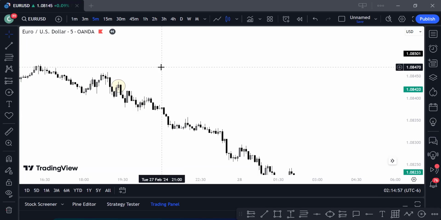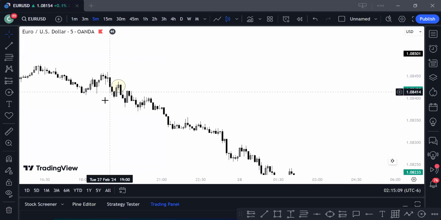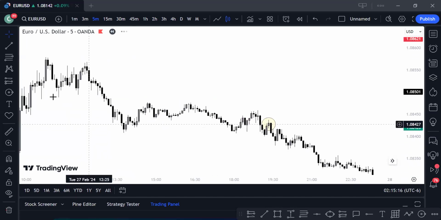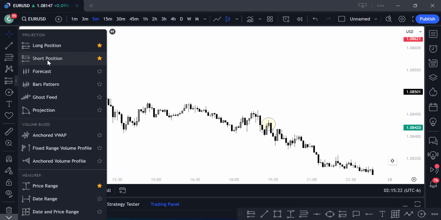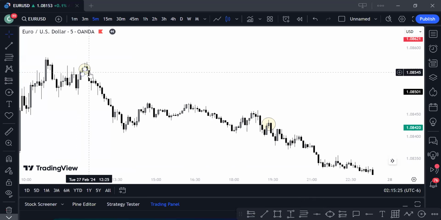Unless price gives me some sort of formation on the 1 minute time frame that I can always see every time, where I know that okay, this is it. But except that, I don't trust the 1 minute time frame. This is another confirmation here. Where's your entry? This will be your entry.